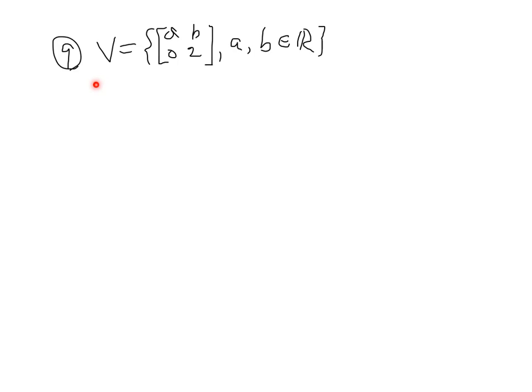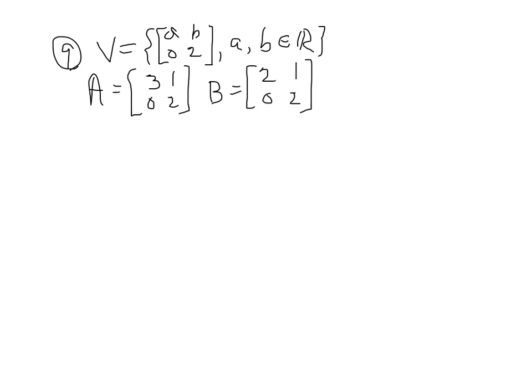So if we let matrix A be something like 3, 1, 0, 2, B be equal to 2, 1, 0, 2. The only restrictions are A and B can be anything. 0 and 2 have to be in the bottom row. So if we add A and B,